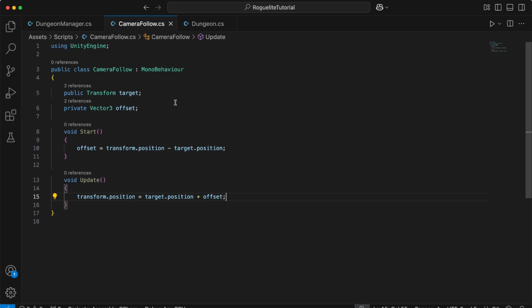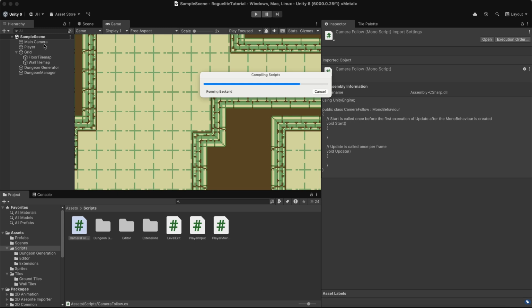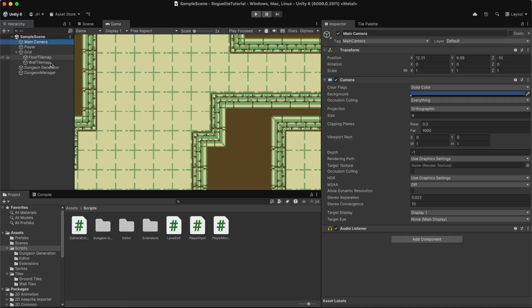This is just some super simple logic, and we'll likely come back and change our CameraFollow so we can have some more cool features with our camera, such as smoothing and having a little area within the center of our camera so we can move. And then once we move outside of that center, then we'll move the camera. So let's go ahead and head back to Unity, and we'll slap our CameraFollow script onto our camera. So we'll do that, and then we'll drag our player in as our